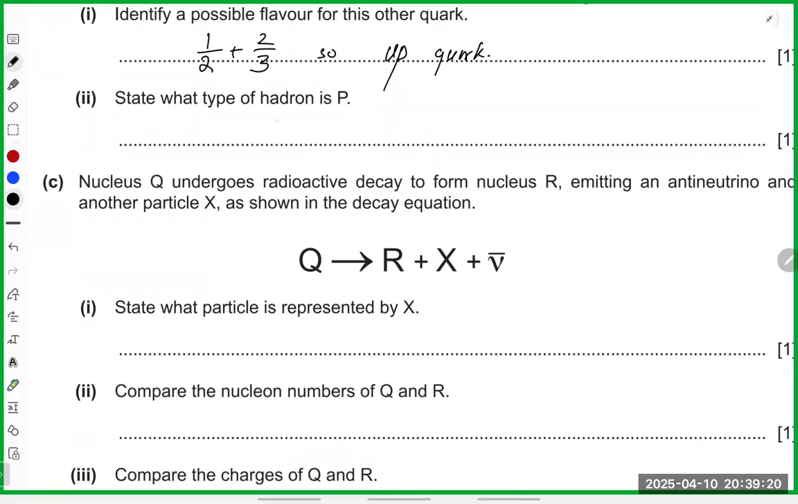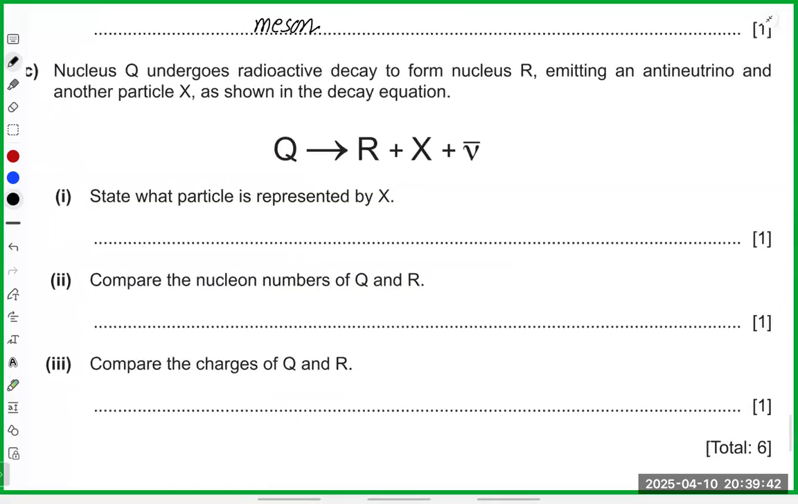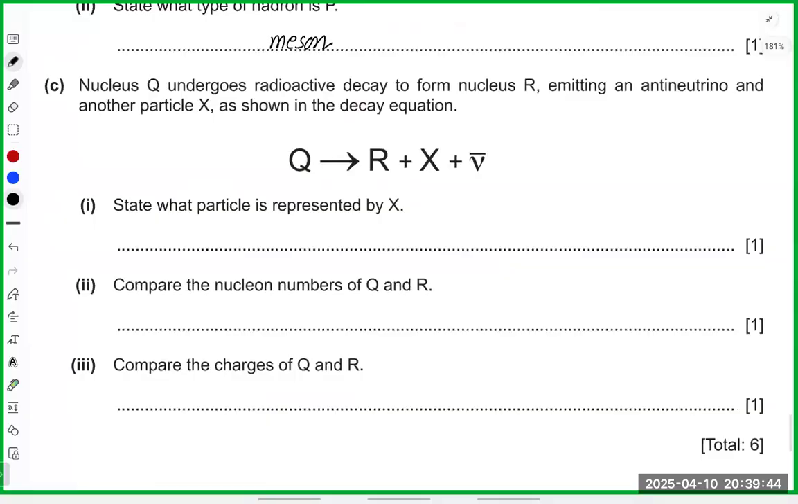State what type of hadron is P. The one that contains a quark and antiquark is a meson. A meson contains a quark and an antiquark. Nucleus Q undergoes a radioactive decay to form nucleus R, emitting an anti-neutrino and another particle X. State what particle X represents. When we are getting an anti-neutrino, this must be an electron,